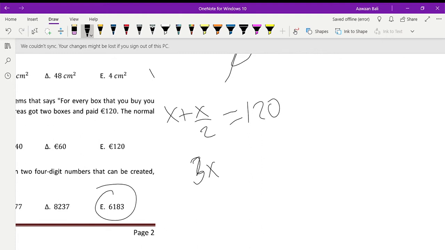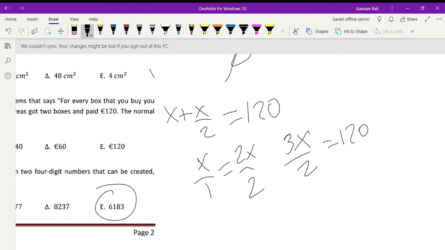We can basically say that x is x upon 1 already. Every whole number has a denominator of 1 in fractions. So when we're making it into a fraction with a denominator of 2, like an LCM, we can just multiply both sides by 2 and then add them together. So we know 3x upon 2 is equal to